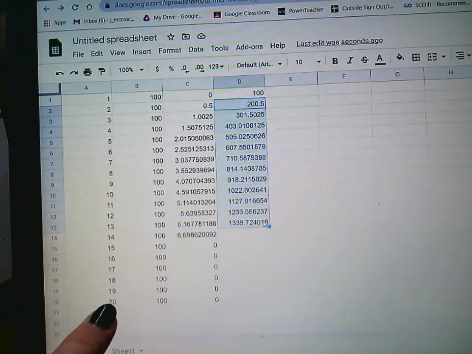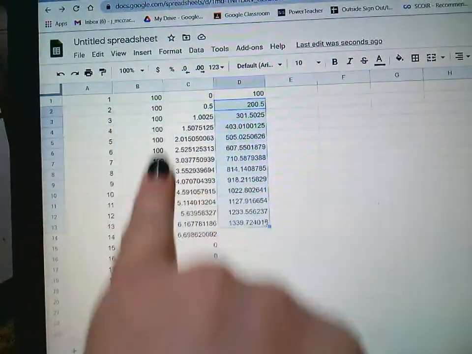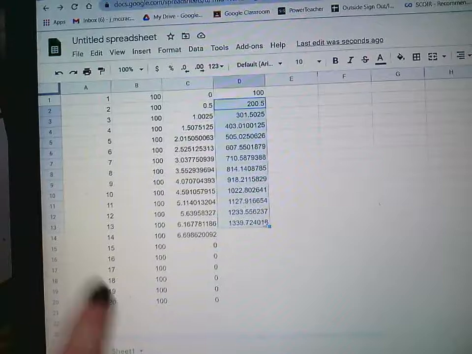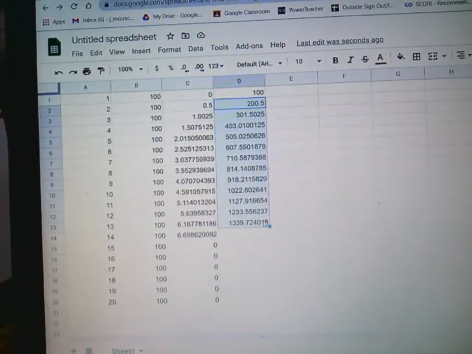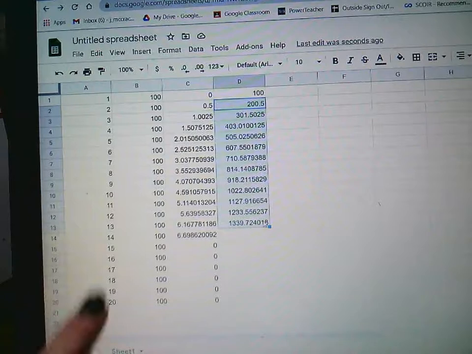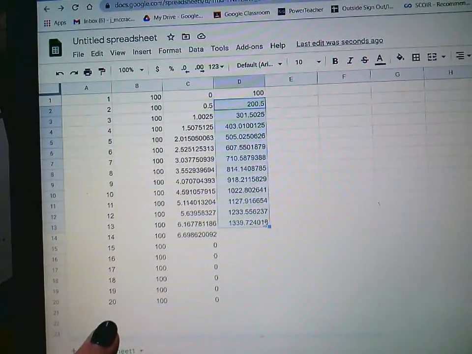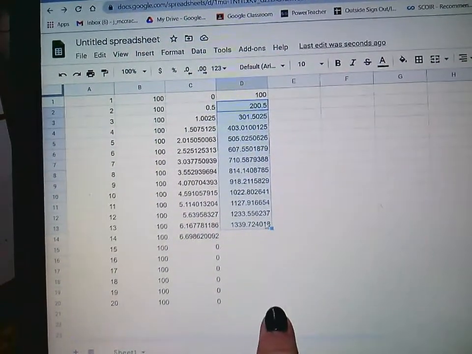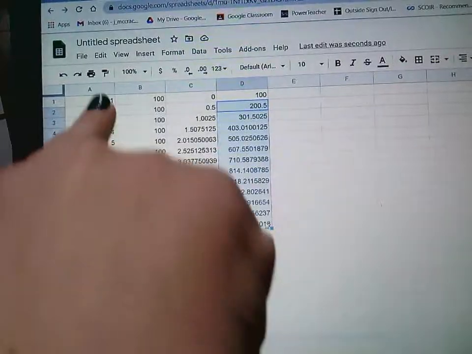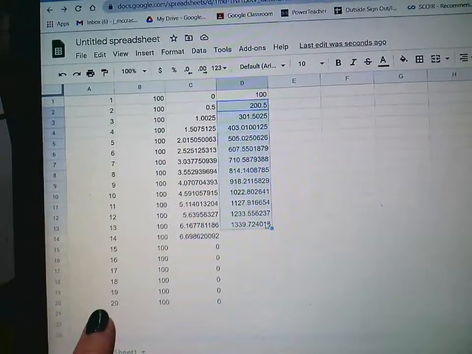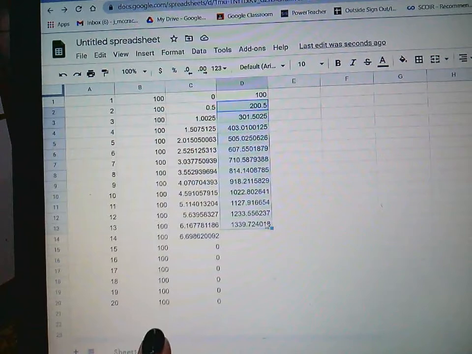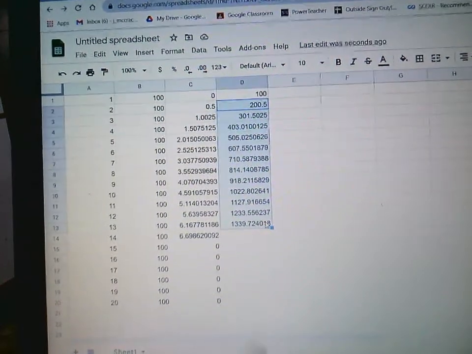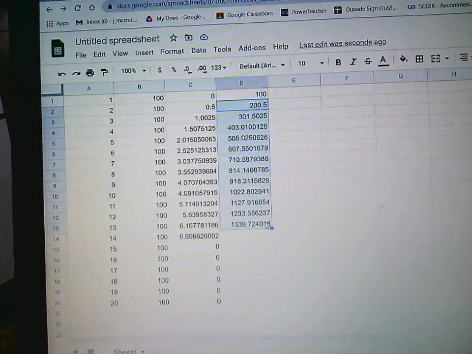Question 1 asks, how much will Shelby deposit in 20 years? That's deposit, so this column. Now, you have to think about how many months are in 20 years. So you might have to extend this column a little bit further. And then it says, how much will her investment be worth in 20 years? That would be this column. So don't forget to do 20 times 12 to figure out what row you have to look in, right? You're going to do the sum of all of the $100, and then you're going to look at that cumulative investment at the bottom. So you're going to take a picture of the finished front page and back page of